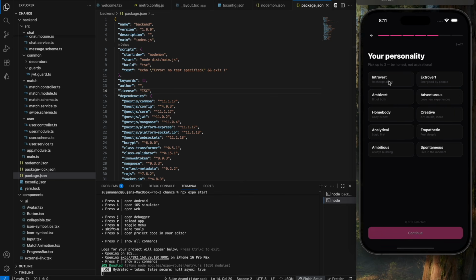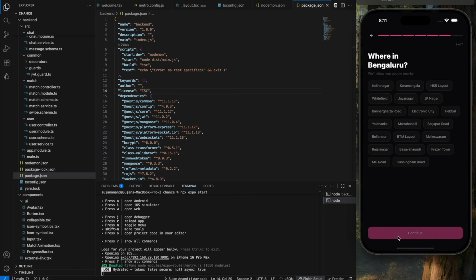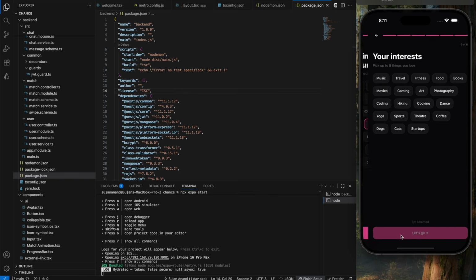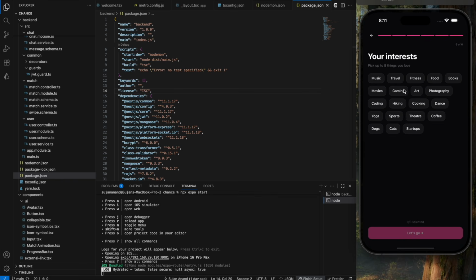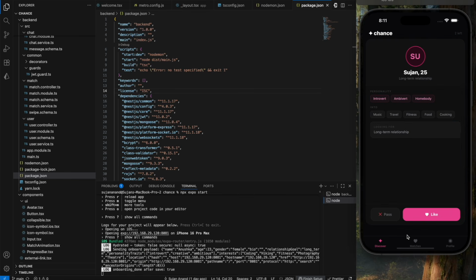Continue. Your personality, I'm going to say introvert, creative, then ambitious. You can enter anything you want to enter. So we're in Bengaluru, so I'm going to enter a normal place. Continue. So your interests, we can choose any of these interests for now, and then let's go, and boom, just like that. Once you log in, you are into the application, and here we have just added a basic random